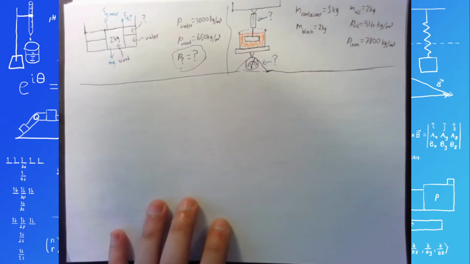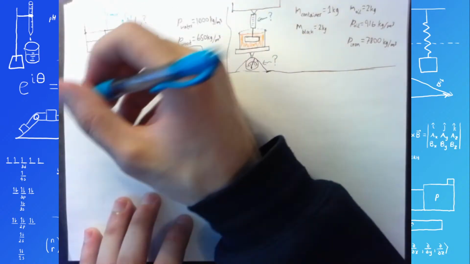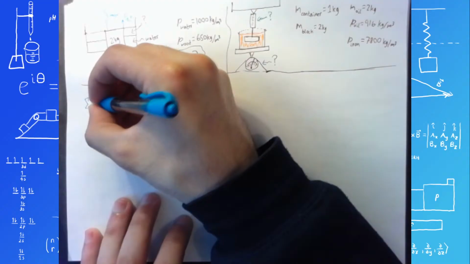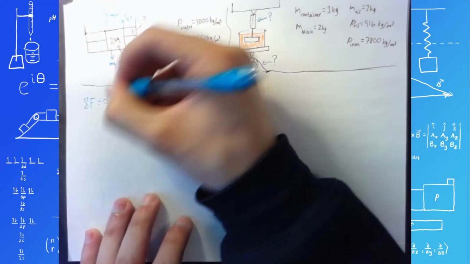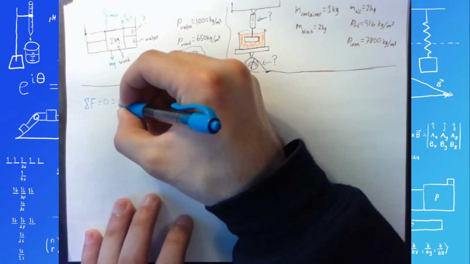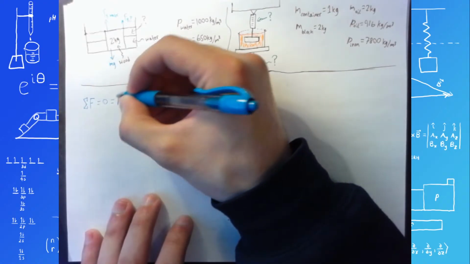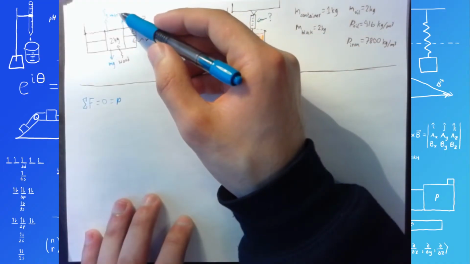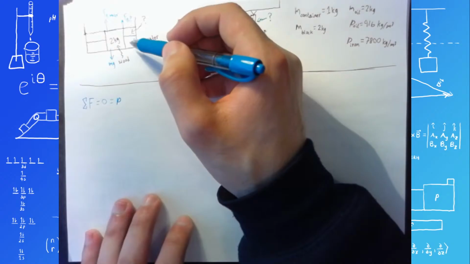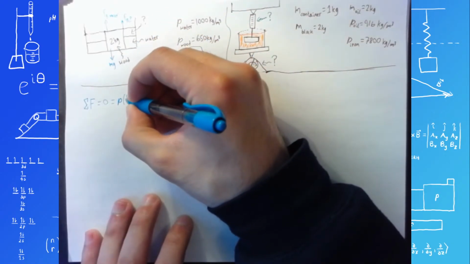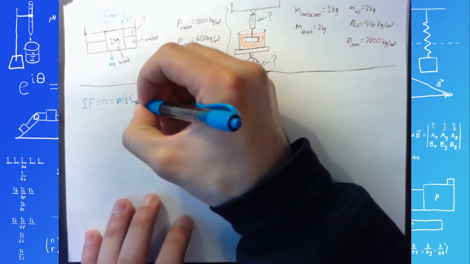And those need to cancel out to zero. So I can say that the net force on this thing has to be zero, has to equal, I'll do up minus down. So it'll be rho times what volume of water is being displaced? Well, it's half the volume of the wood block, so 1/2 V wood